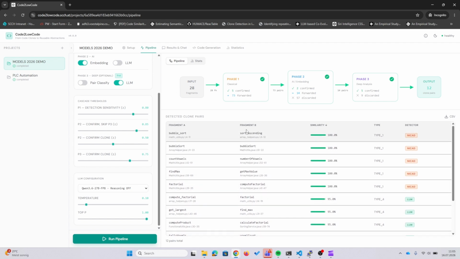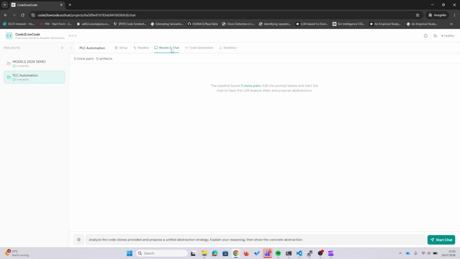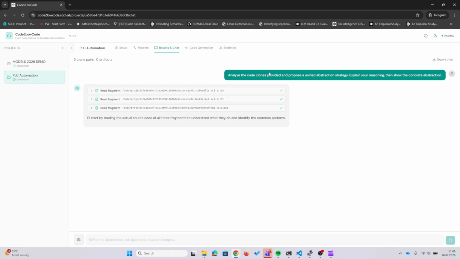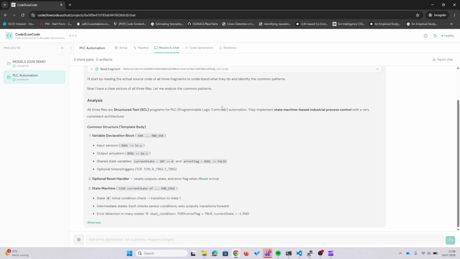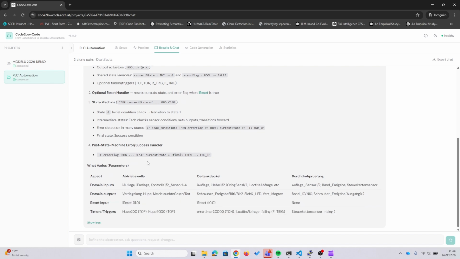Now we could start the abstraction chat, and therefore I prepared another project with 3 SCL files, which is code for PLC automation. I already ran the pipeline, and all 3 of those files were detected as co-clones. Then we can start the abstraction chat, where the LLM gets the co-clones as context and is also able to read the files, and then it starts to see what is common, what is not common,